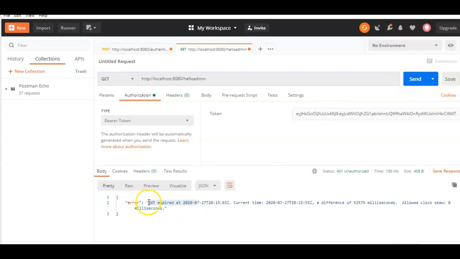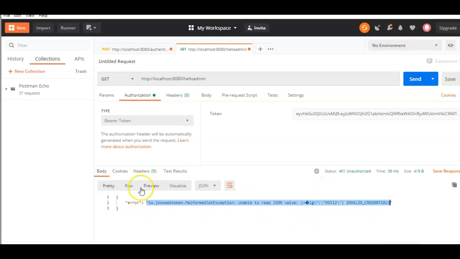So here a proper response is getting returned to the user. The user will know that yes, the JSON Web Token has expired, so he needs to create a new one. Suppose in the token I just change one value to v maybe. So here the malformed JWT exception is getting correctly returned back to the user. So actually the bad credentials exception is getting thrown in the JWT util class, which is being caught and stored in the request object, and then using it we are creating this exception message.